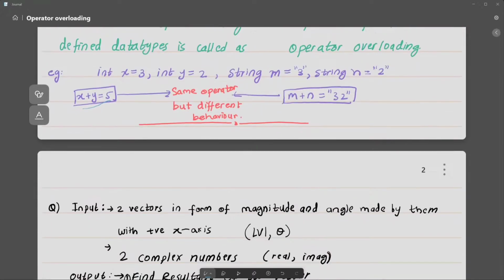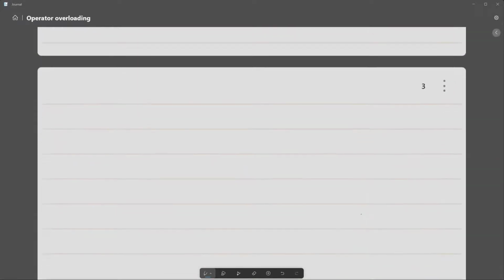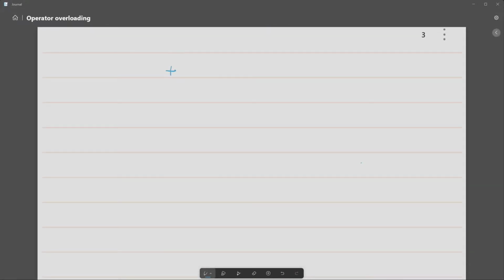Some more points to note: operator overloading can be done on an operator any number of times. For example, we can use the plus operator for addition, string concatenation, and our own user defined purpose in the same program.